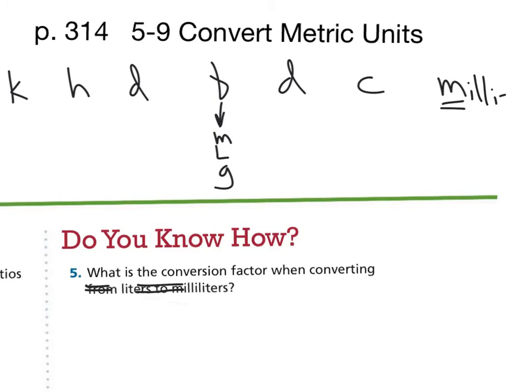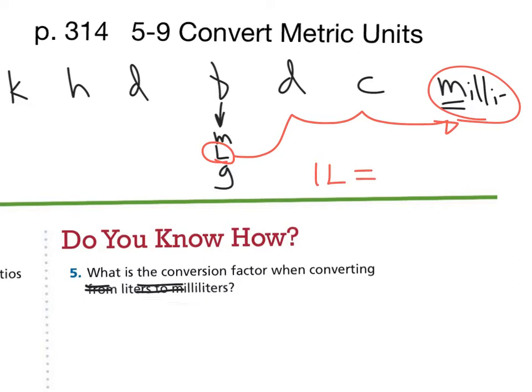If we were starting with liters and trying to go to milliliters, we would have to go 3 places to the right. What that means is, if we had 1 liter and we move our decimal 3 spots to the right, adding some zeros, that tells me 1 liter is equal to 1,000 milliliters. So when number 5 asks what our conversion factor would be when going from liters to milliliters,